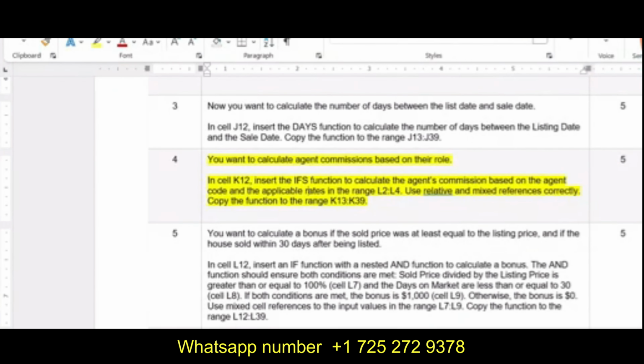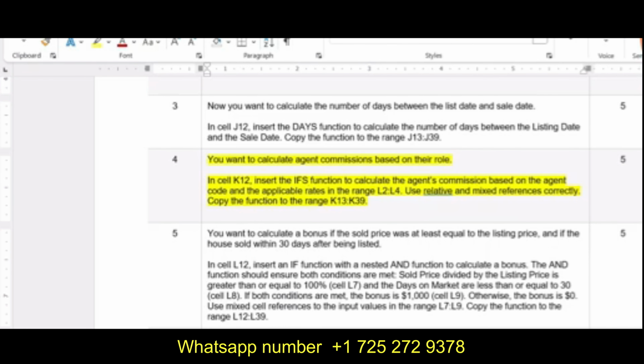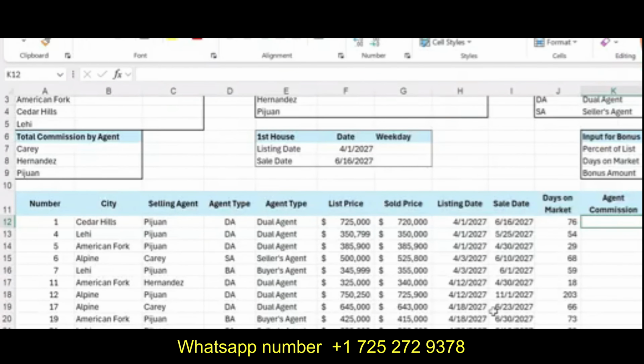So in this step we are going to use the ifs function so that we can calculate the agent commission in cell K12, based on the agent code.